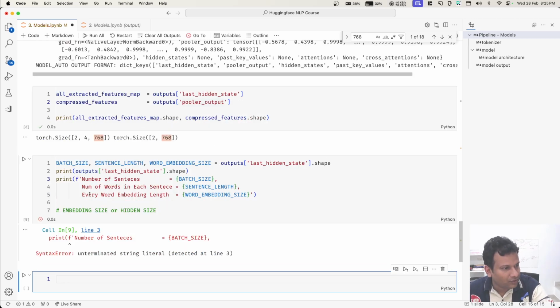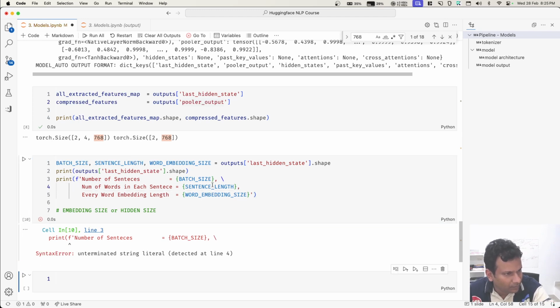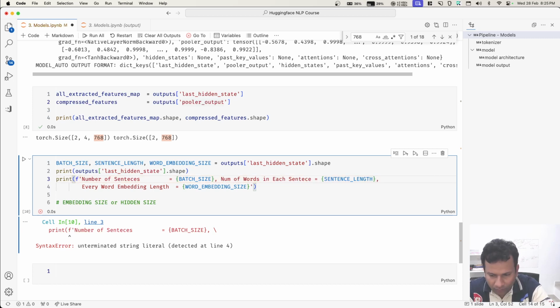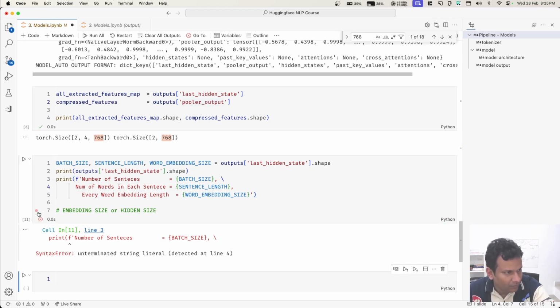So what is batch size? Unterminated string. Where maybe this. Okay, I don't think I should waste time here, but